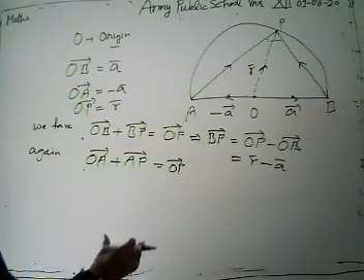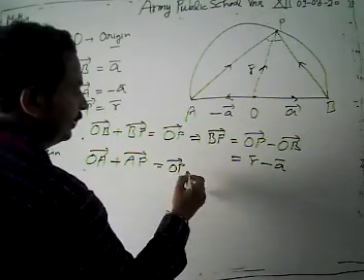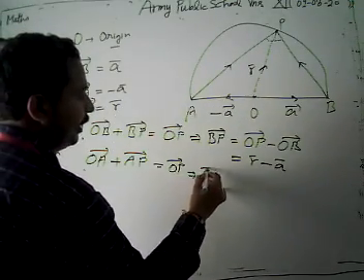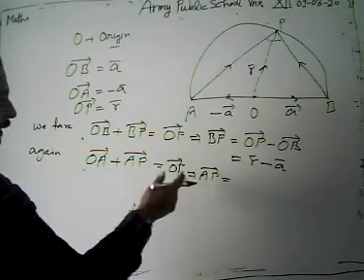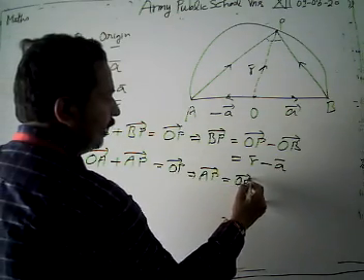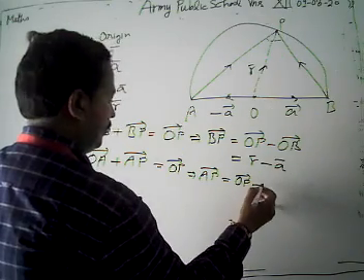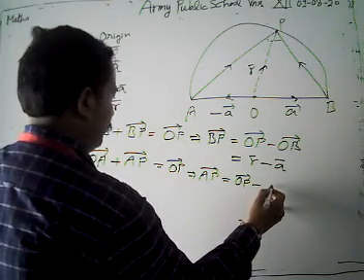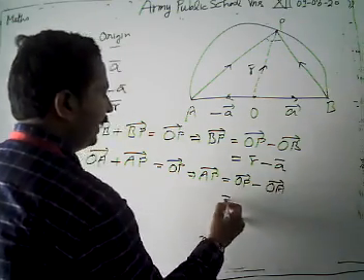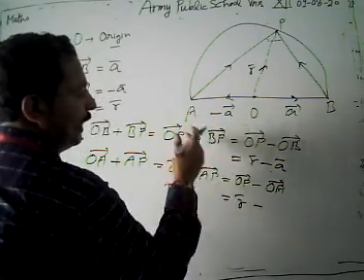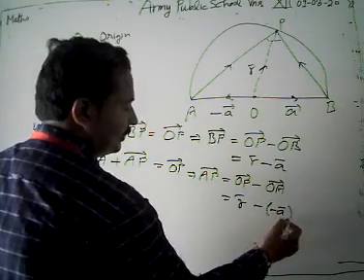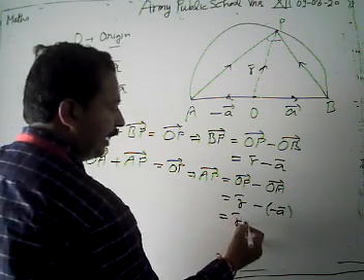Now again we need an AP there. Now we are going to find out vector AP. How can we define our AP? Our AP is given by vector OP minus vector OA. Now again the value of OP is what? It's R. What is the value of OA? It's minus times vector A. Then we have R plus A.